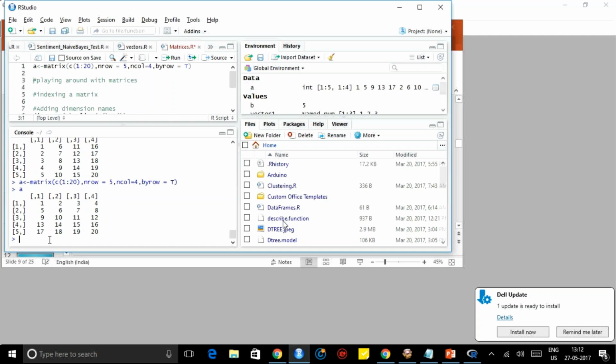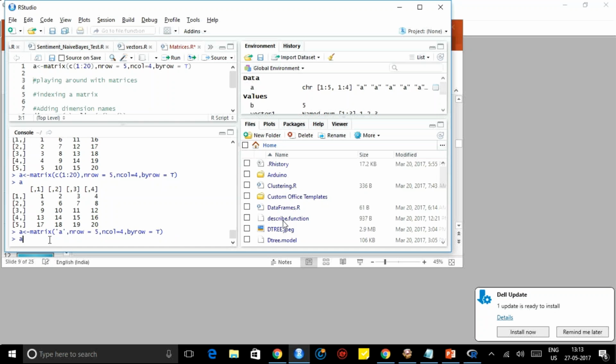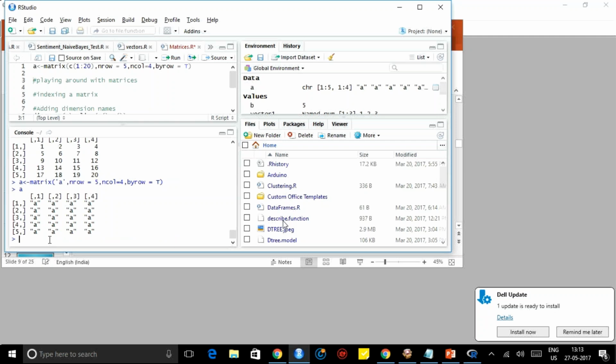If you want to initialize with just one value, for example, this was an integer matrix, right? If you want a character matrix, you can just give A. Now if you see A, all will be A. Okay, now we'll do one thing. We're creating a matrix that will have only characters A, comma B. Not random, in order: A, B, then next A, B. So if you give it now, A, B, A, B, then